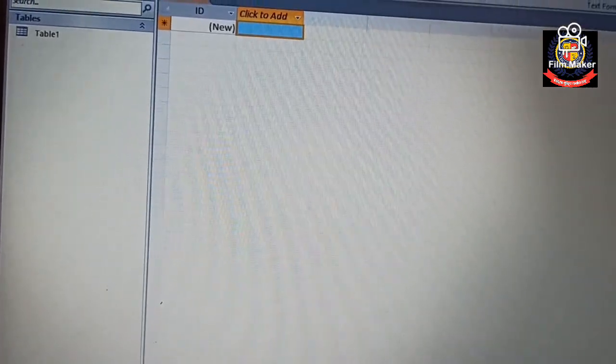Okay, and at the bottom is where we are getting the option of Datasheet View. This is the status bar, and the option where we can see the records, that is the number of records that we have created. Like here it shows next record, then last record. So these are the navigation status bar. Okay, so this is all about the database components.